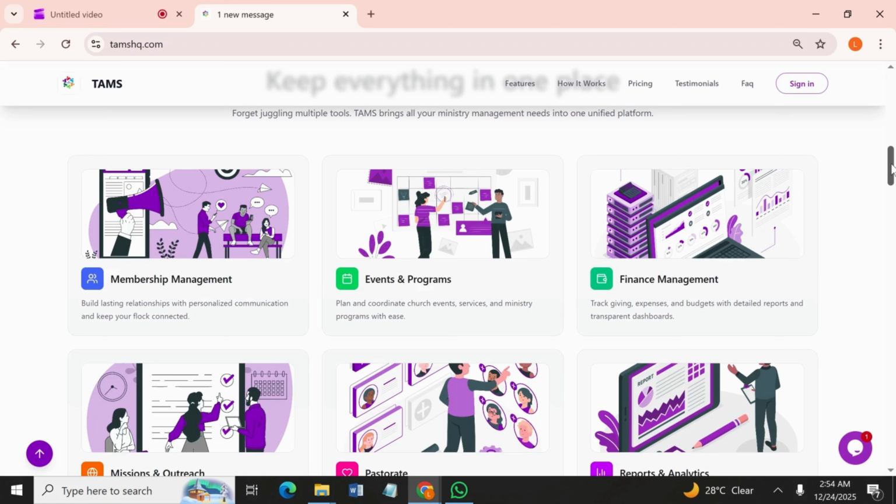We also have the finance management module. It helps you track your expenses, your inflows, and your budget, giving you transparent information across all your financial operations. I would like to also mention that under the events and programs, when you have events that require registration,